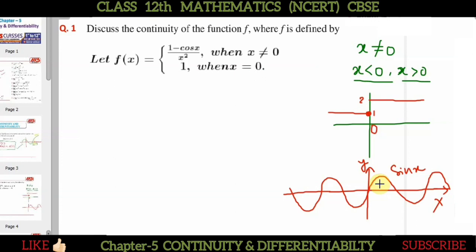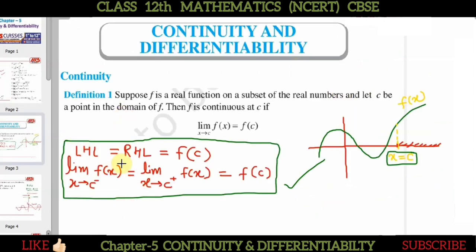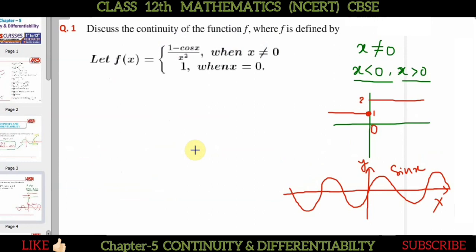So every time we do not draw a graph to check whether it is continuous or not. We have some conditions, the conditions that we have discussed: LHL must be equal to RHL and must be equal to the value of the function at that point. And if these are all satisfied, then we say that yes, it is continuous. So we need to check the conditions. These graphical interpretations have been shown by me just to make you understand where there is a break, it is called discontinuous, and where there is no break, it is called continuous.